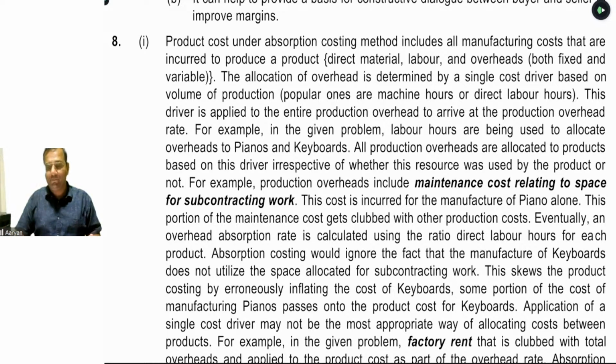Any doubt beta? Let's move on, so the second requirement part is: what are the steps in activity based costing implementation? Whenever we implement ABC, what are the steps that we should be ready for, so that the conversion from the traditional method to the ABC method can be done. It is very simple beta, if you take the format of the ABC recovery rate, you can answer this second requirement part very properly.